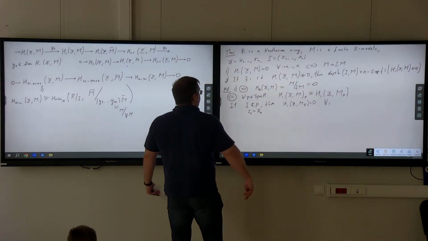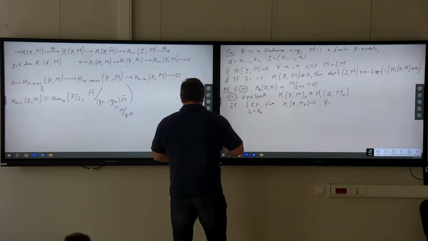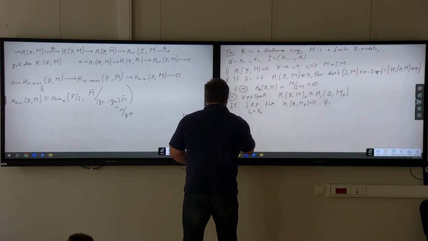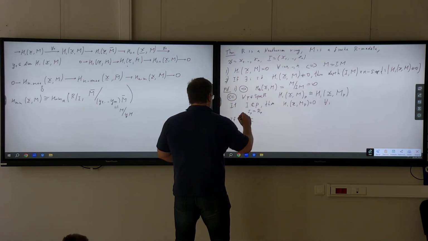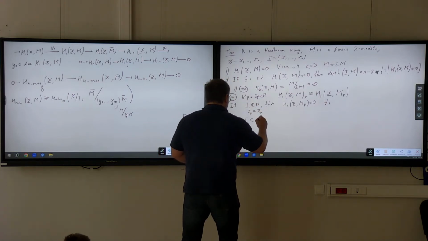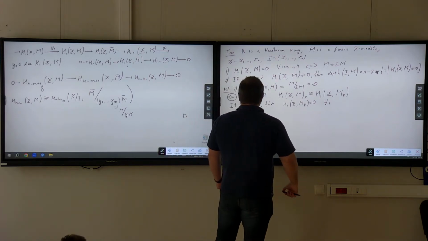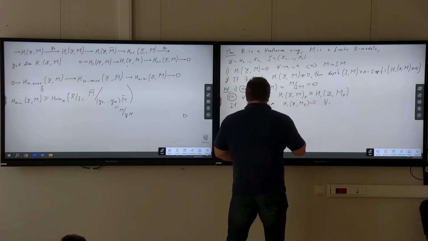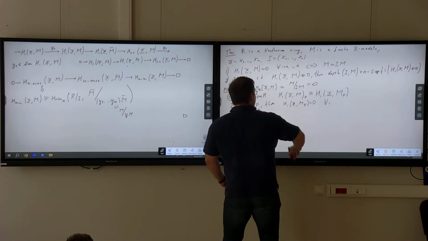Okay, so we finished this proof only in one case. Now, of course, we have another case. Now, if I is not contained in P was the previous case. Now I is contained in P. Right? But if I is contained in P, then I can look at this condition, M is equal to the IM, and then